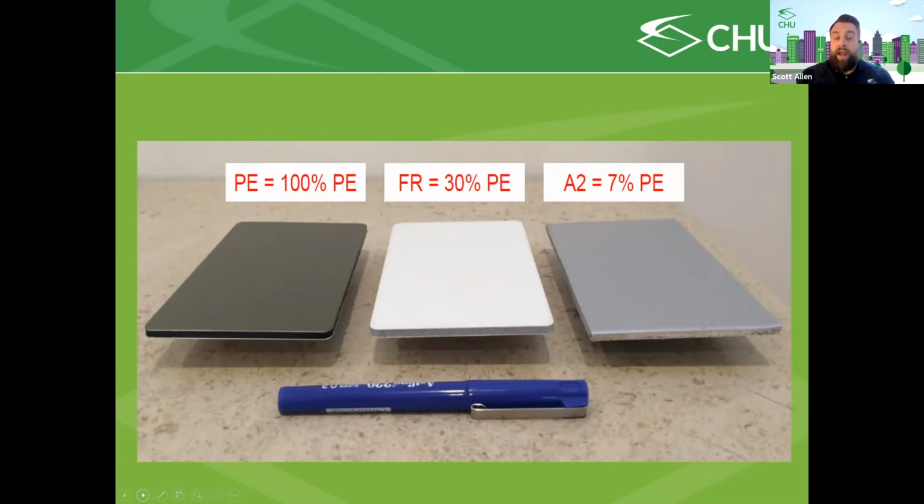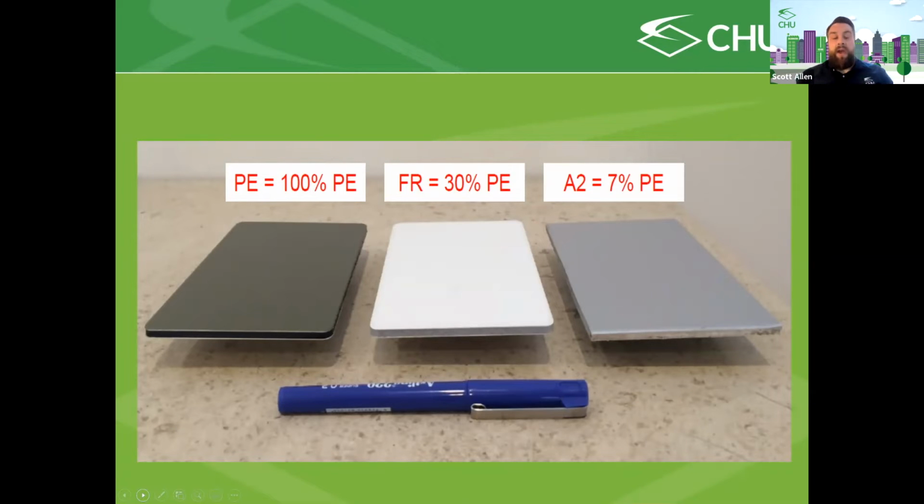You can see that they're different colors, but that's only because they're different products. And it's quite likely that you can find 7% ones that are black and 100% ones that are white or grey. The colour really means nothing. So how else, if you were looking at the outside of those panels, would you actually know how risky those products were? And that's why we have to ask all this information.